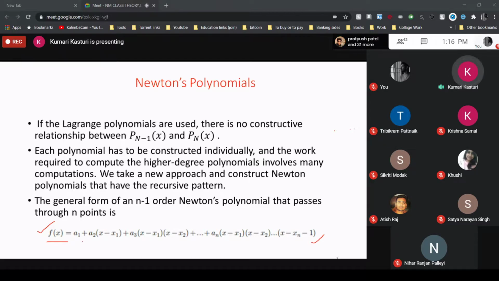When I discussed the Newton polynomial, I told you these x1, x2, x3 values in the question are nothing but your x coordinates, so they are given to you. The second thing is the coefficients a1, a2, a3, an and so on. We solved these coefficients in the class. This is the Newton's polynomial; you have to find this polynomial as per the question.